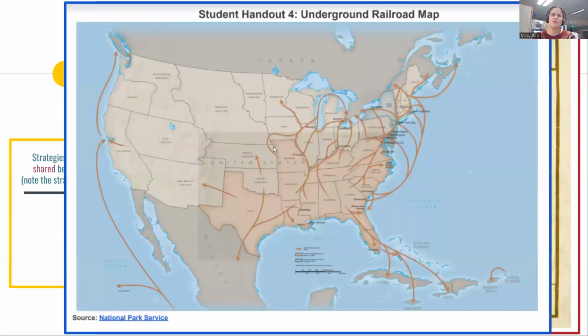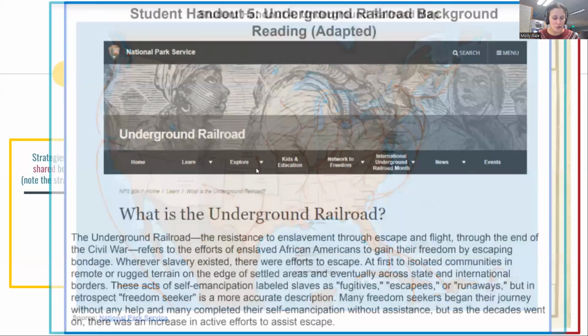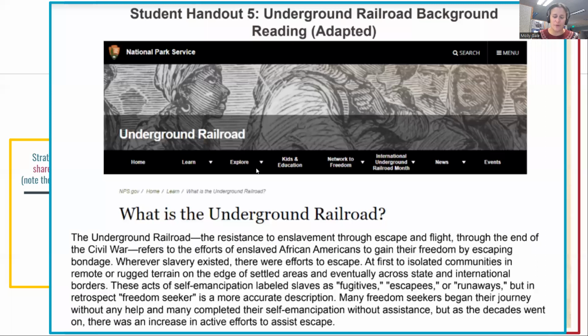We then transition students into looking at a map of the Underground Railroad. We do introduce them to the metaphor of the Underground Railroad just to make sure all students understand it was not literally a railroad underground, because that's something they could come in thinking. Students then do a little bit of a background reading about the Underground Railroad,